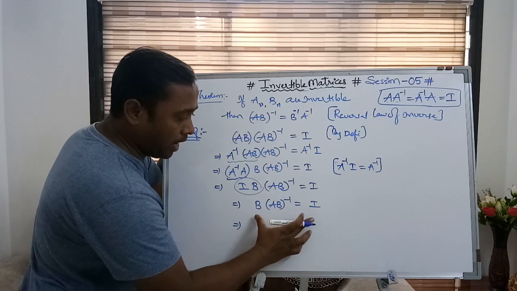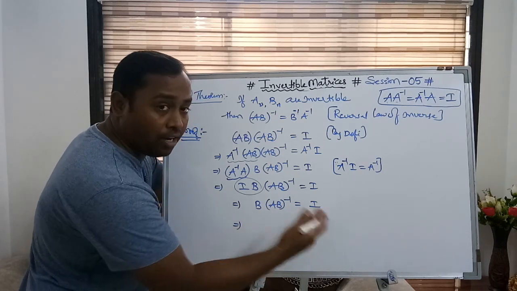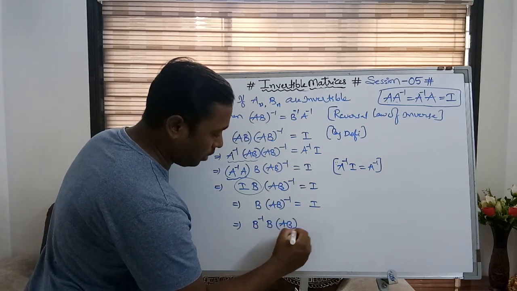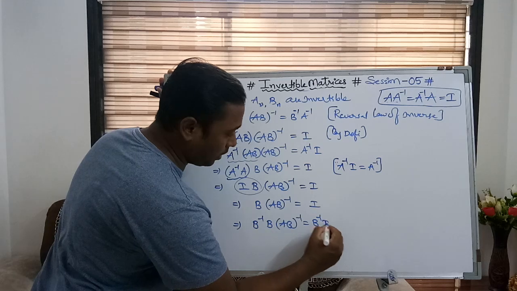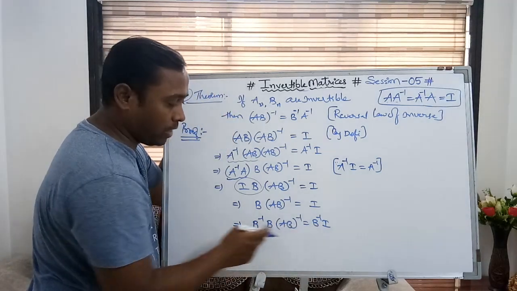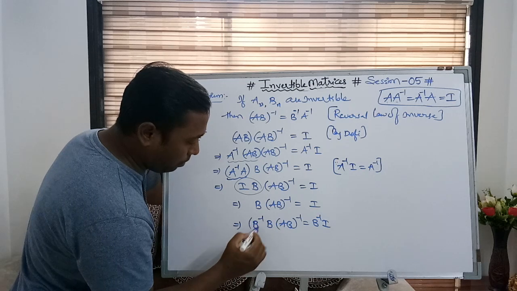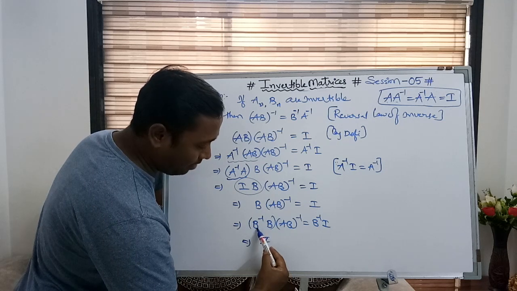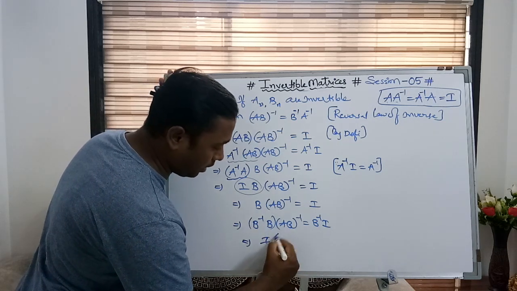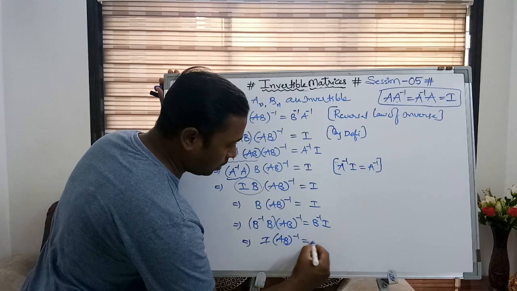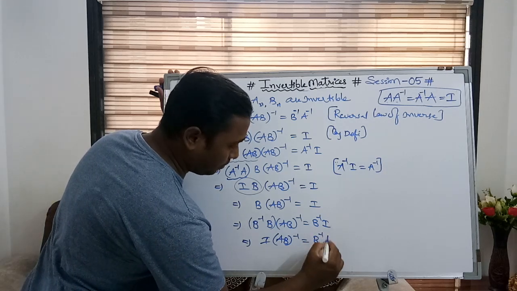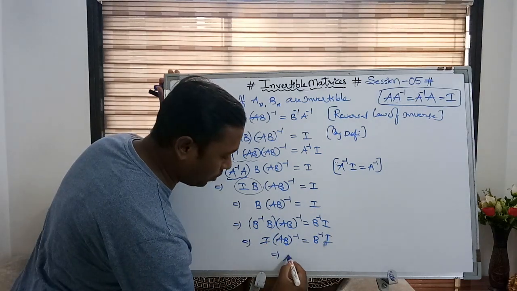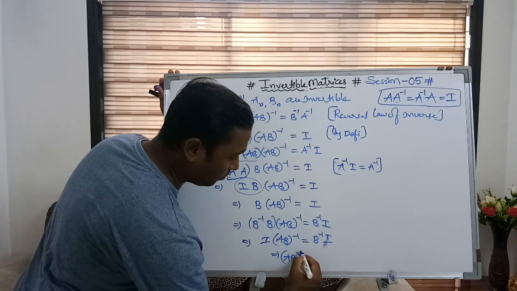Now I am multiplying again both the sides by B inverse. So if I do that, B inverse into B into AB whole inverse is equal to B inverse into I. Again pre-multiplier means left hand side. So if I do that, B into B inverse reduced to I. Matrix multiplied by its inverse produces I. I into AB whole inverse is equal to B inverse into I. So I into AB whole inverse is simply AB whole inverse. There is no change.